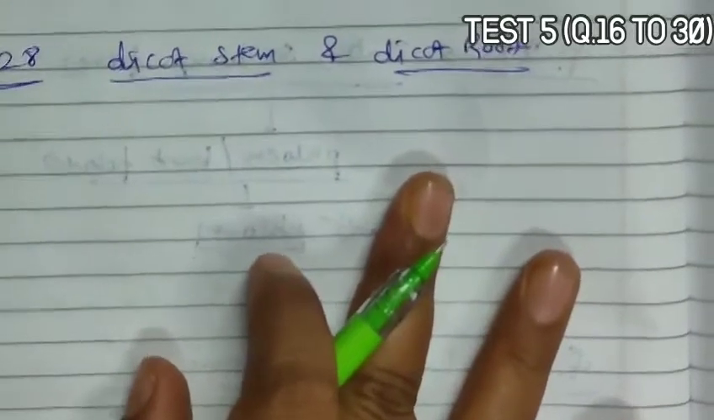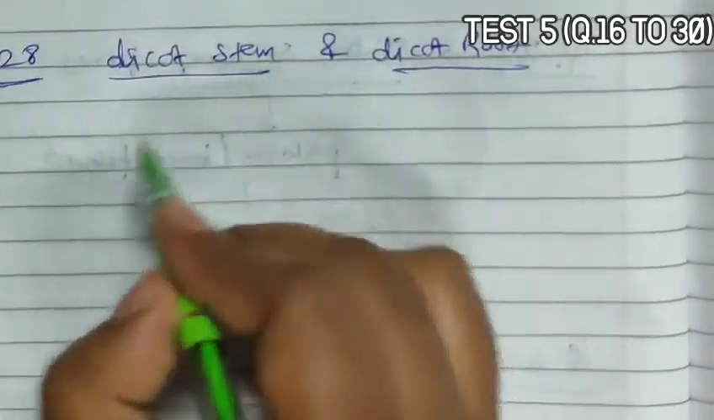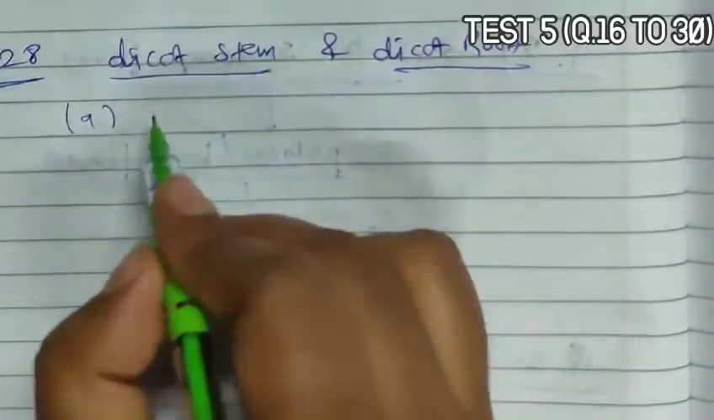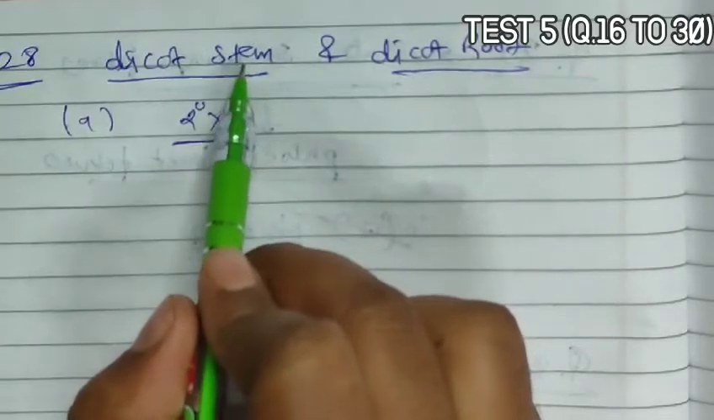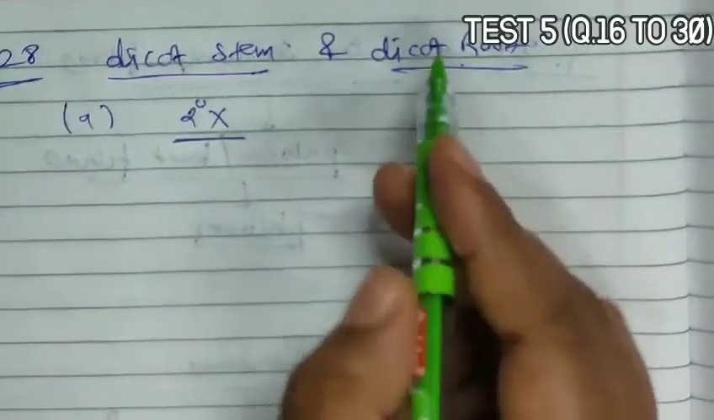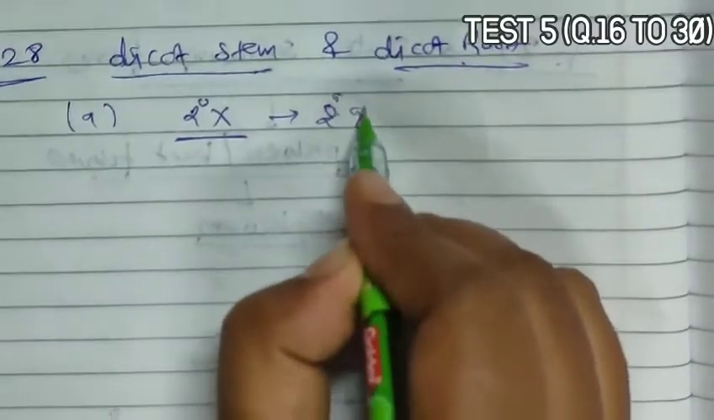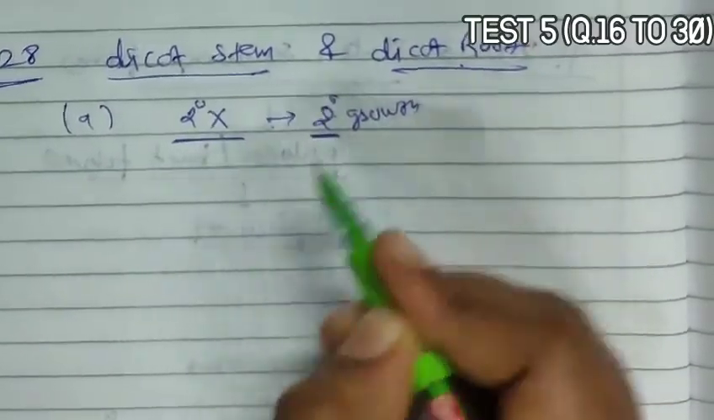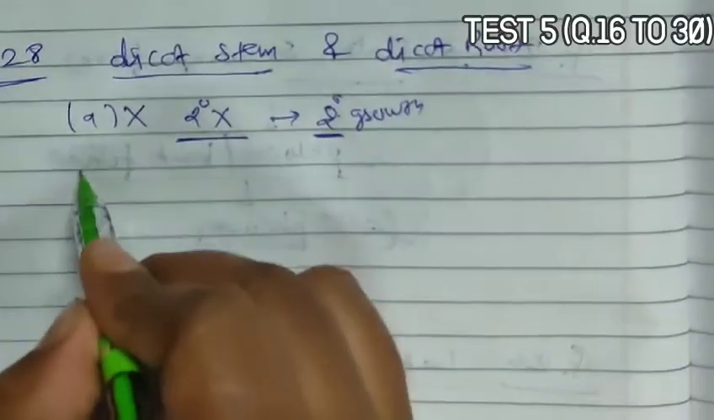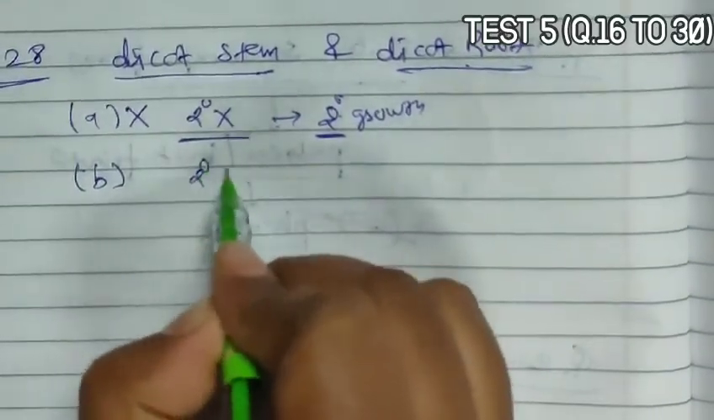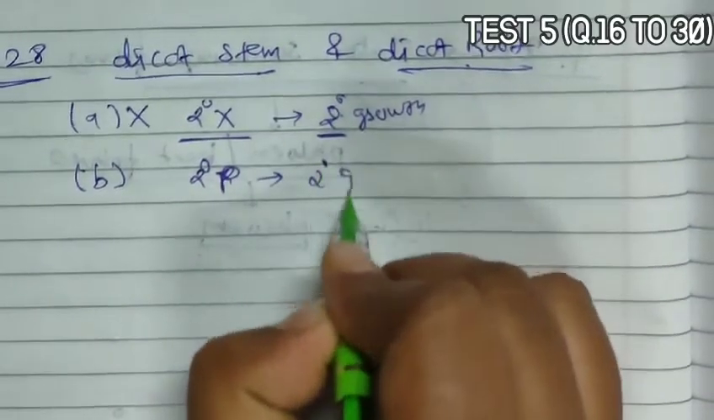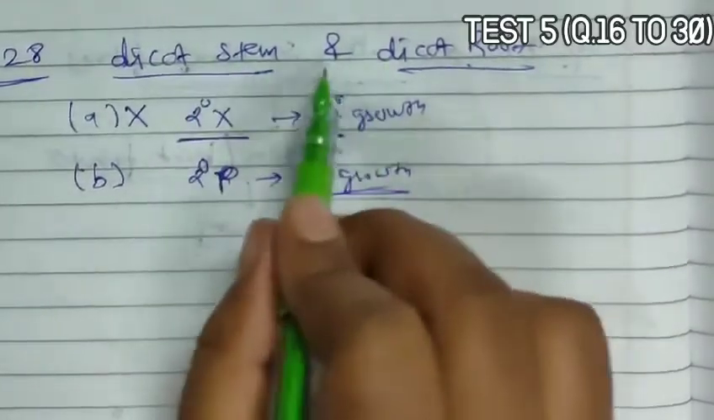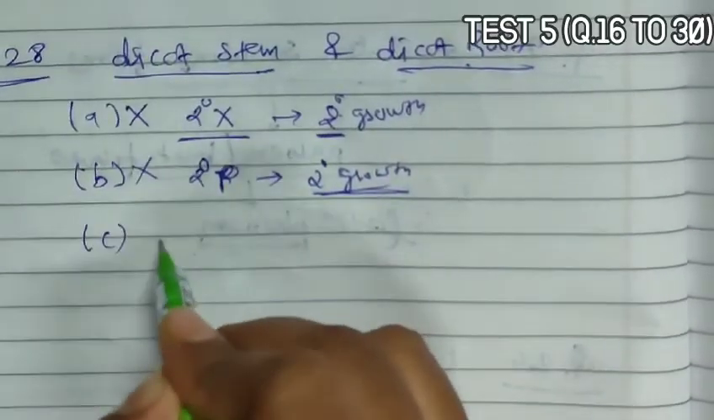Next is question 28. Question 28 asks that you are given a fairly old piece of dicot stem and dicot root. Which of the following anatomical features will you use to distinguish between these two? If you want to identify dicot stem and dicot root, which option do we have to select? Option A is secondary xylem. Secondary xylem is found in the dicot stem as well as the dicot root,